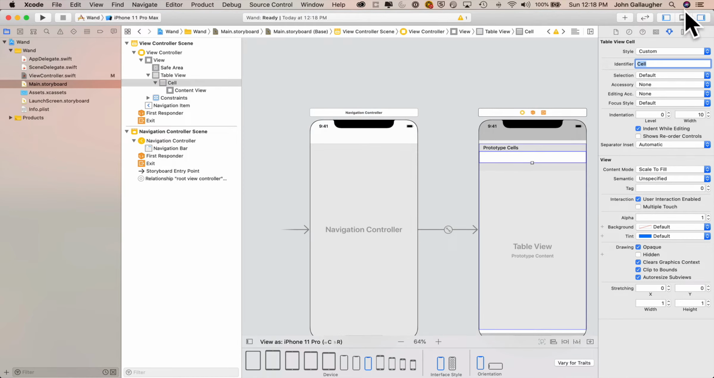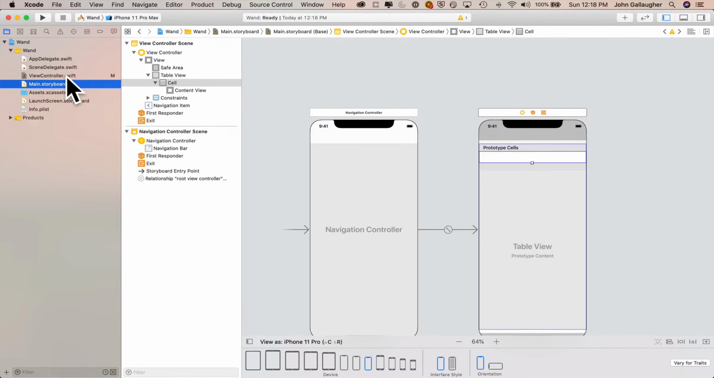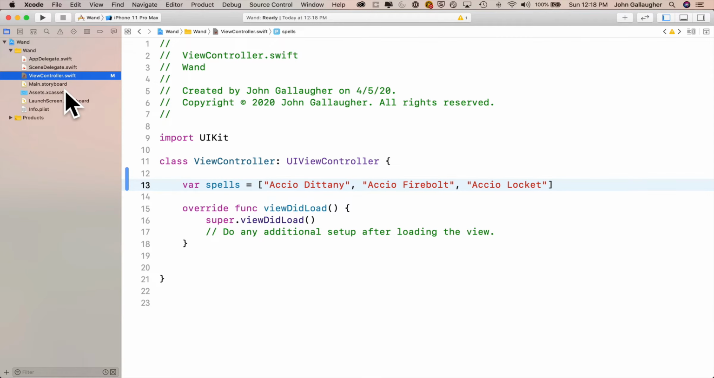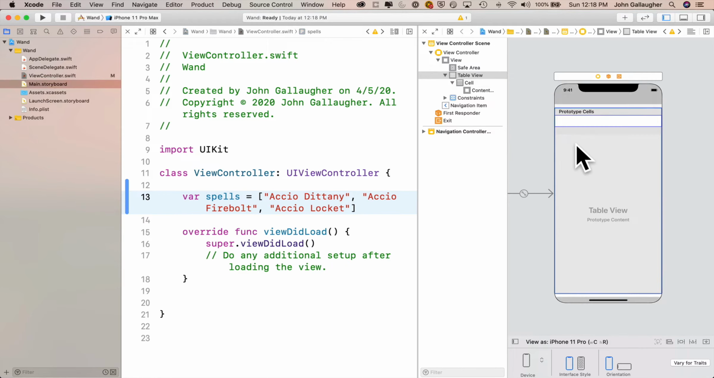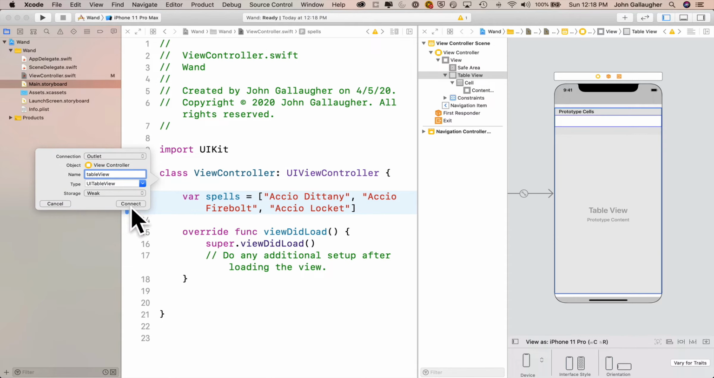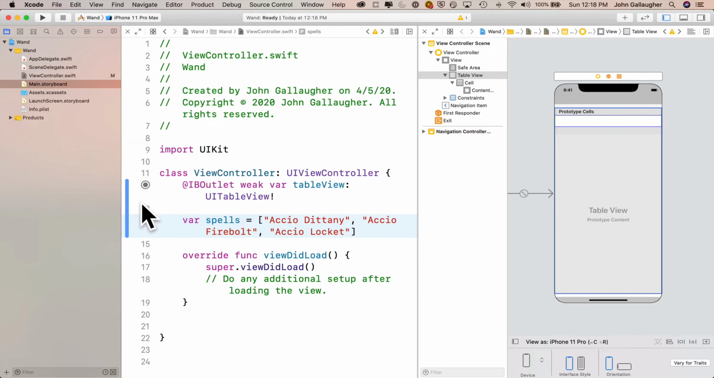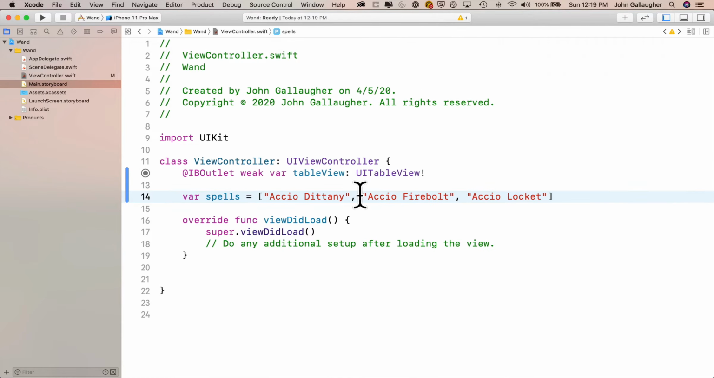Let's get into the Assistant Editor so we can create an IB outlet for this table view. So I'm going to click on viewcontroller.swift, Option click on Main Storyboard, Control drag over from the table view. I get my rubber band line. I'm going to release it just below my class definition line. Give that the name tableView, lower camel case, click Connect. Outlet created. Now I'm going to click on the X in the main storyboard, get out of Assistant Editor mode,